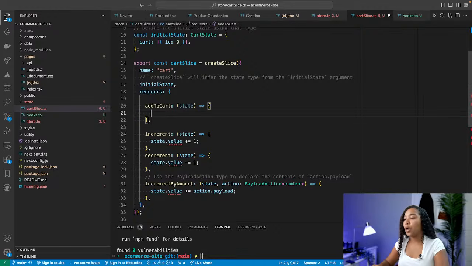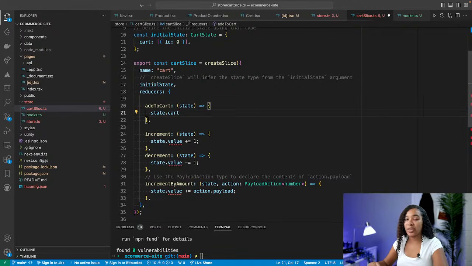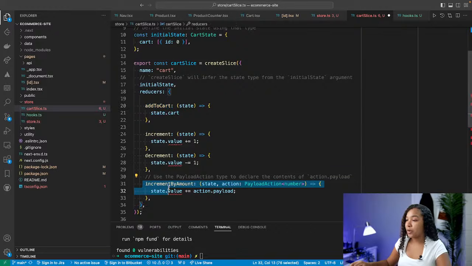And then what we want to do is somehow modify that state. So it's going to be state.cart, and you see it's already giving us the correct typing because we've typed out our initial state. We want state.cart to be the value of whatever is passed into this add to cart function, which we'll call in our app, right? So what we can do here is, as you see in the third example here, increment